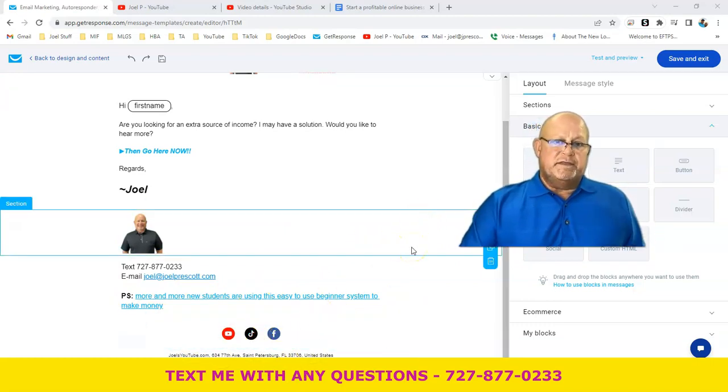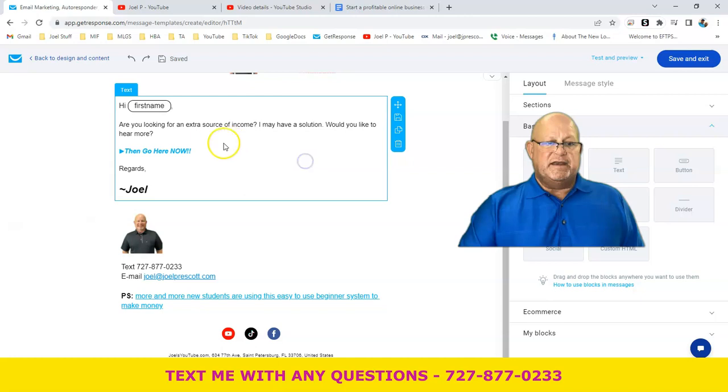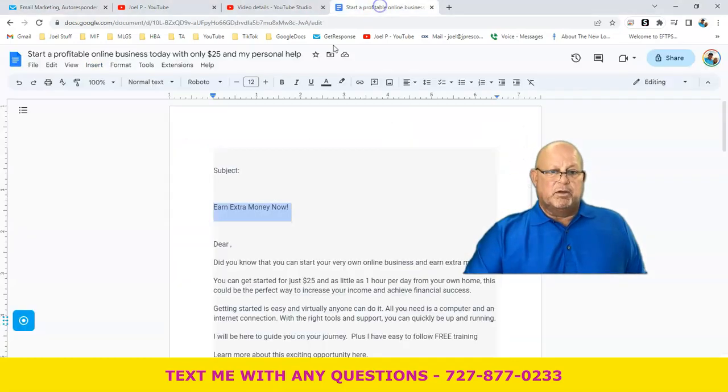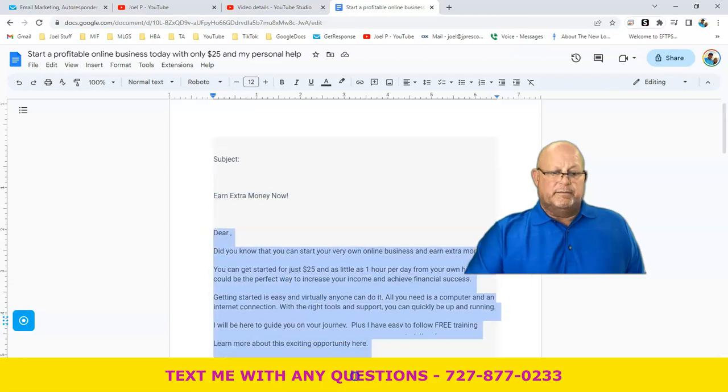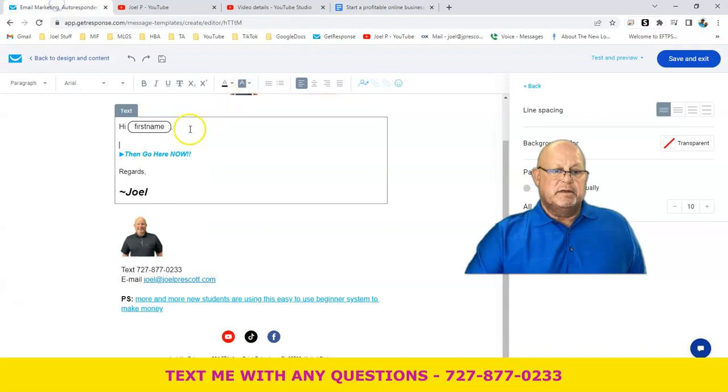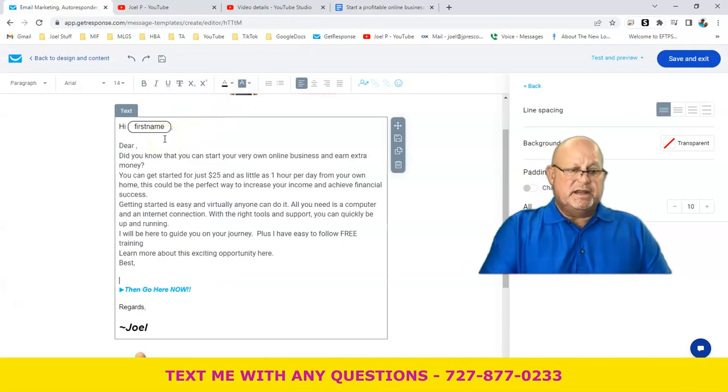If you go through the other route and you create a new one on a new template, you've got to redo all of that. So that's why I like to do this. And then you can just go right in here, and I will just take out, then I'll go back, I'll get my email itself, we're going to hit copy, go back over here, we're going to paste it in there,